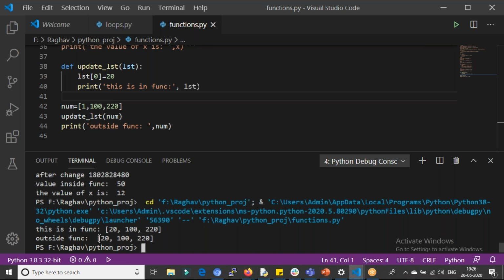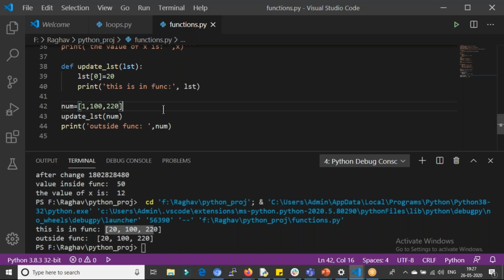Inside the function and outside the function, I'm accessing the value. If you compare them, the values are both the same. The initial value of the list num which I gave is 1, 100, 220, but after I called update list, I got 20, 100 and 220.